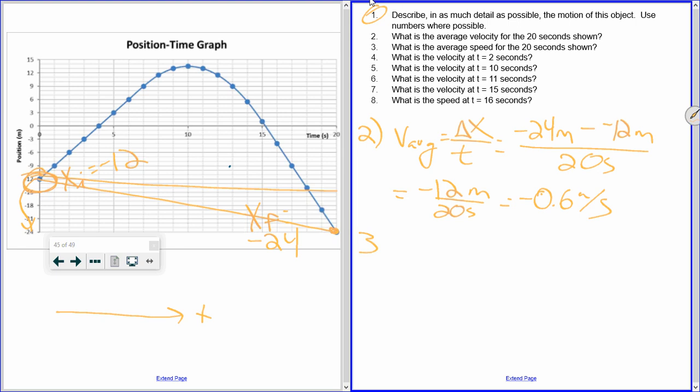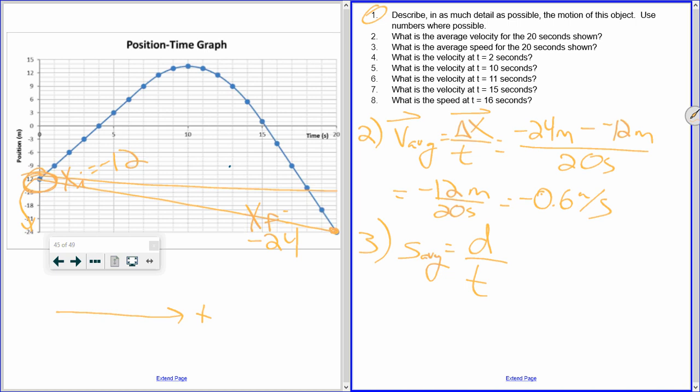Number 3 wants the average speed. Well, I guess technically then what I should have done is put a little arrow over these, right? Because those are all vectors. Okay? So average speed, remember, is just distance divided by time. So here I actually need to figure out what distance my object traveled and divide it